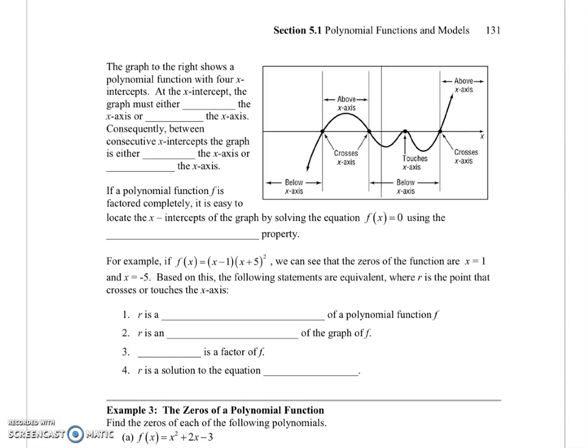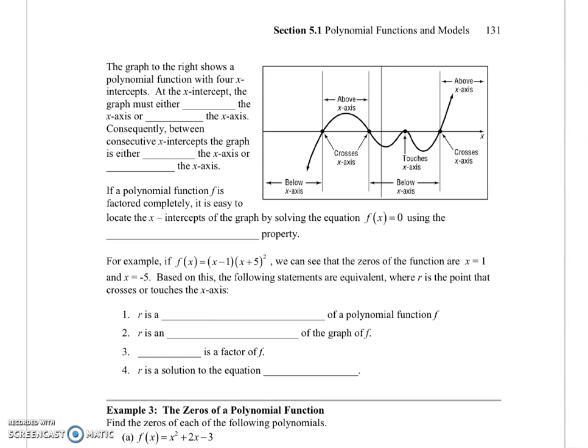In the last couple of videos, we talked about power functions and their basic properties, and we graphed a few using our transformations. Now let's talk about some other properties of polynomial functions. So if we look at this graph here on the right,